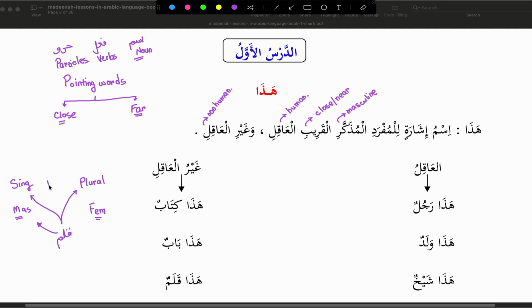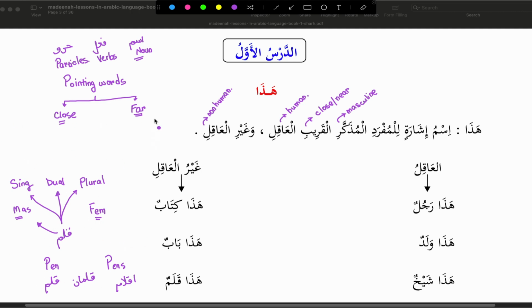And also in Arabic there is a third one, which is dual. So it can be dual as well. So like, for example, in English we have singular just pen, and then the plural is pens. But in Arabic, you have pen, which is qalamun. Then you have a dual, which is qalamani. And then you have the plural aqlamun. Inshallah, bidnillah, we'll learn all this later.